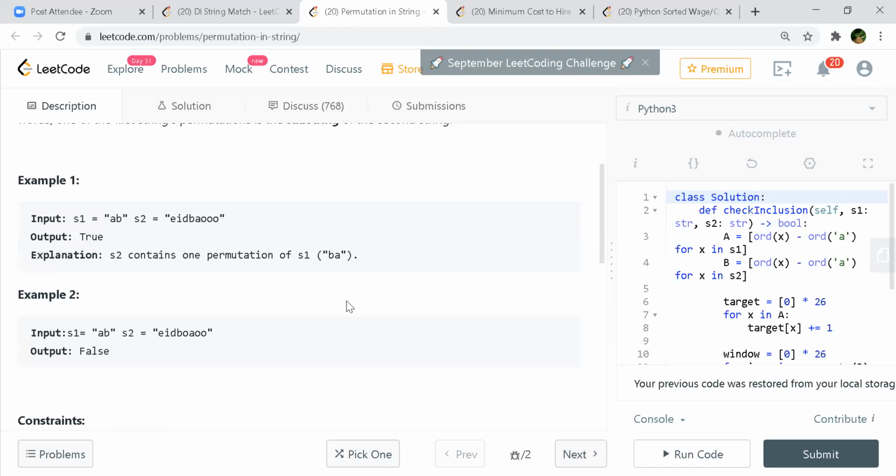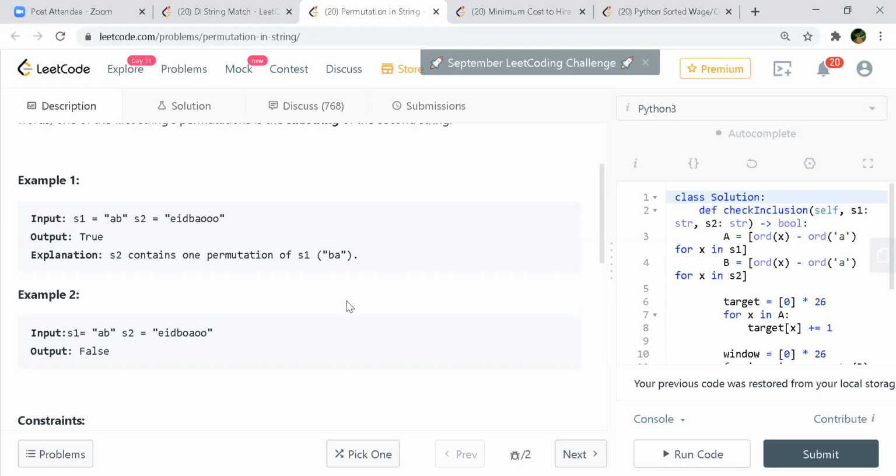So to extend the same idea, maybe we can take the substring of length S1 in S2. For example, S1 length is 2 in the first example. Then we take the first two characters in S2, which is E and I, and just keep the count of each letter. And if the count matches the first string's count,